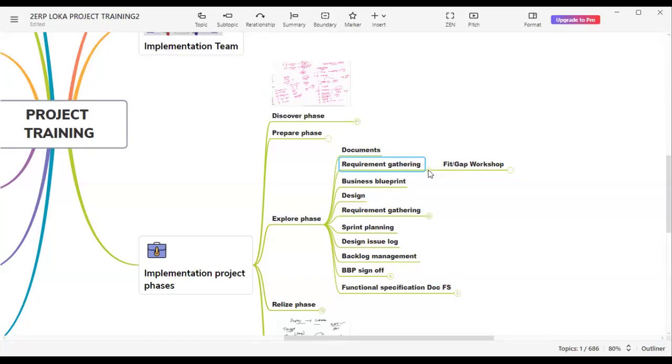Okay. Now, fit and gap analysis. Fit and gap analysis is nothing but we have two concepts in SAP. One is fit and one is gap. When I say fit, it means the process or the requirement they have given is feasible with SAP. SAP can achieve that functionality without any customization. And whenever I use the word customization, then it is not standard. We are going to involve an ABAPer there. ABAPer is nothing but a programmer.